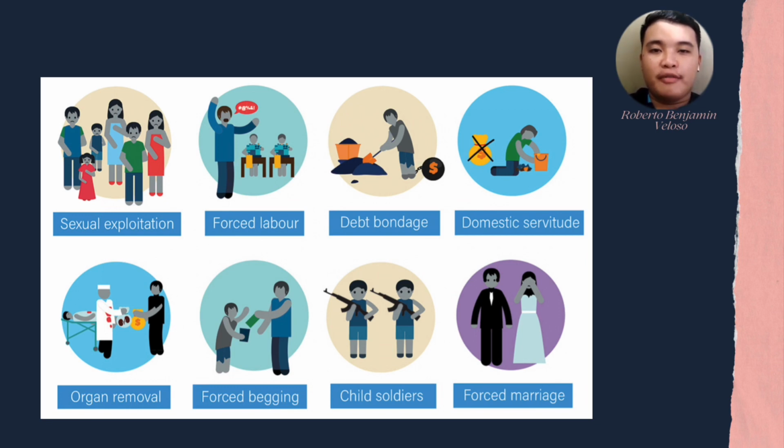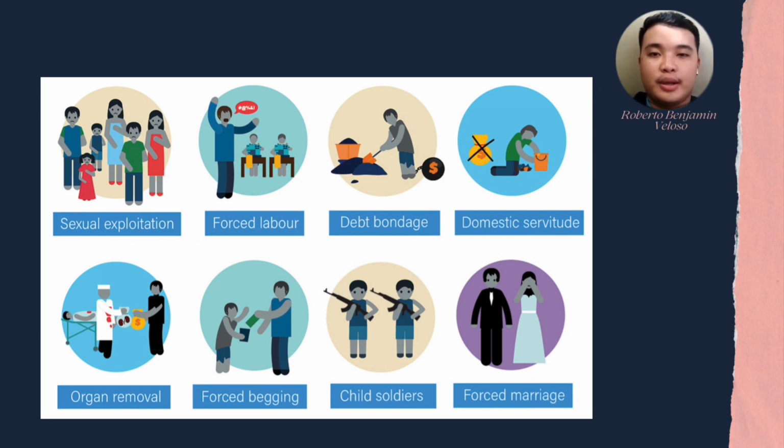It is a person profiting from the use of another person's body in a sexual manner in order to benefit financially or otherwise. An example of this is, for example, I am the owner. So I use another person, like a woman, to provide for the needs of my client. And I benefit, since I get a percentage from the woman. Since I am the owner, I am the one who benefits.